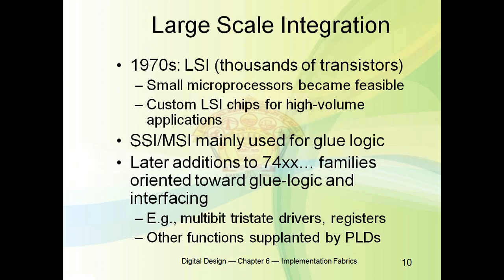Next, as the technology improved, the number of transistors per chip kept increasing. Thousands of transistors can now be achieved in one single IC, which makes it possible to build a small computer with a single IC. That IC is called a microprocessor, and by using a microprocessor we can design a small computer.